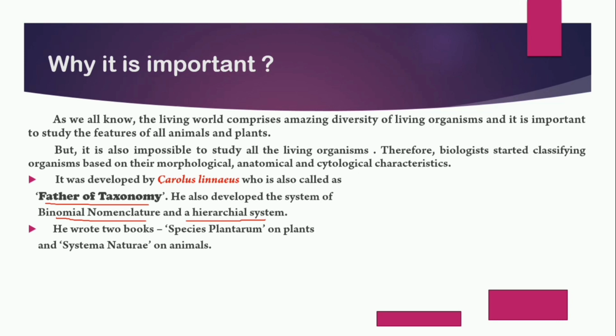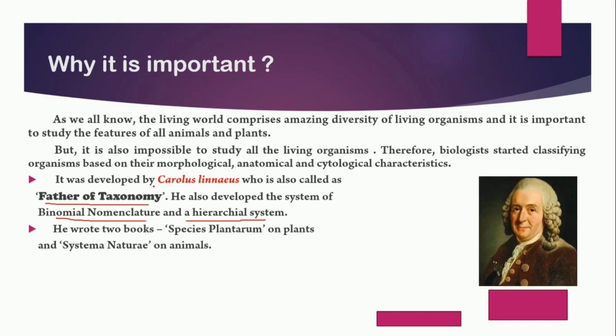He also applied these rules on his name. Okay, now there are 2 books, Species Plantarum, which he wrote on plants, and Systema Naturae, which he wrote on animals. He is Carolus Linnaeus. Next, we have